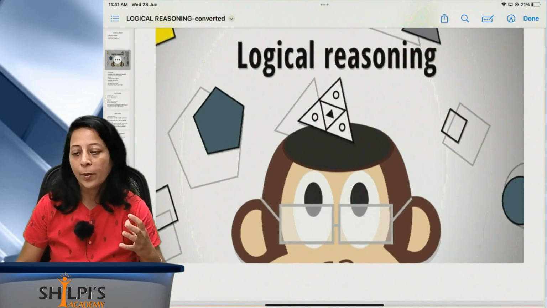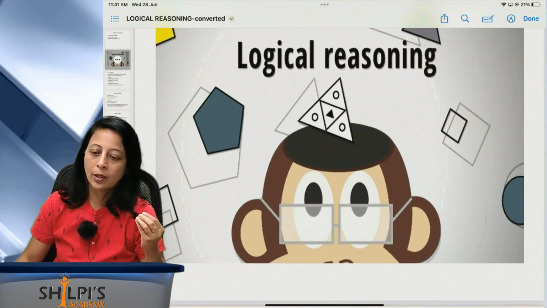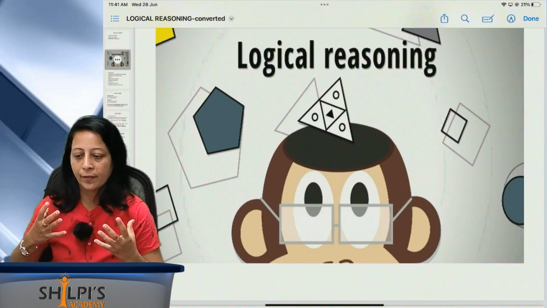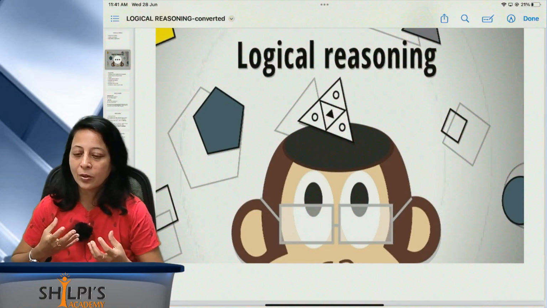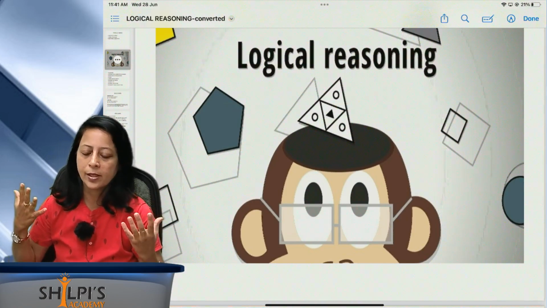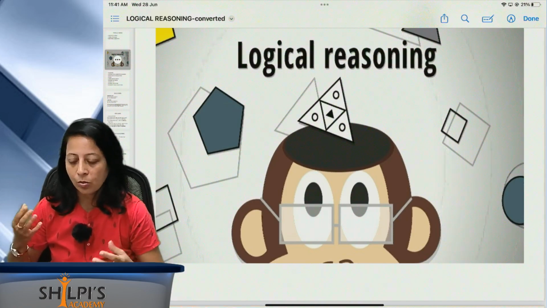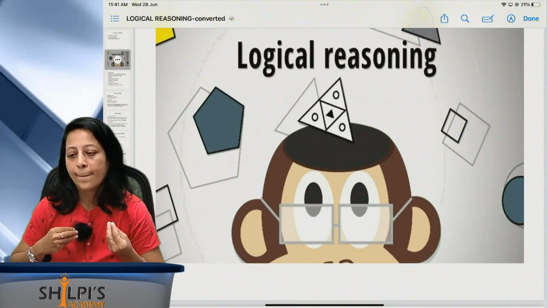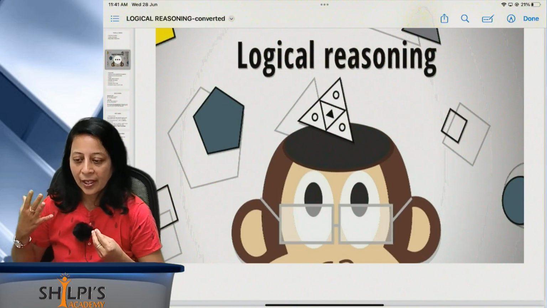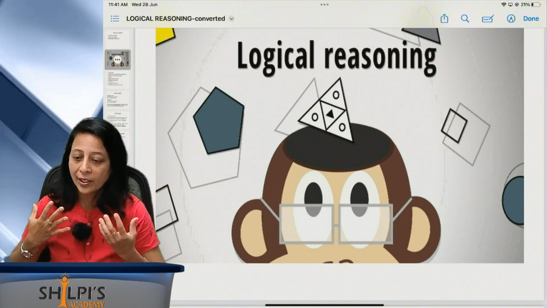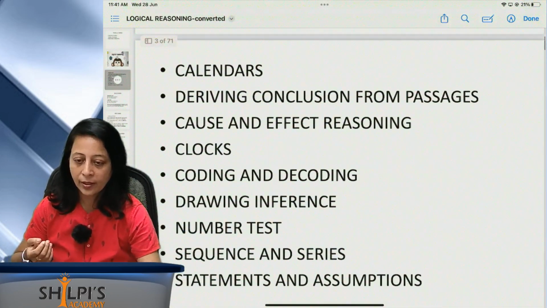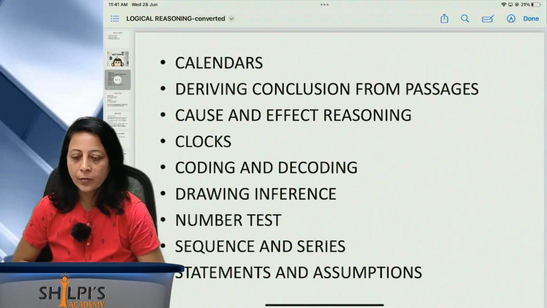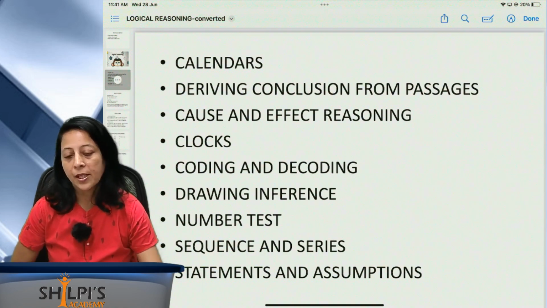Hope you all know what I mean by logical reasoning. In nature there is logic, and we know that there are things happening around us which are illogical also. So with aptitude and knowledge of English and mathematics, how are we going to solve this logically? That is what is represented under the heading logical reasoning.